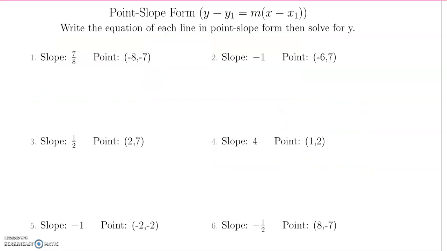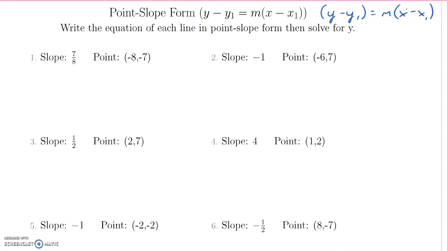Okay, so here we have a point slope form practice sheet, and of course they have the expression up here, very similar to what we had before. I don't like the way they have the brackets laid out in this one. I find it a little bit misleading. I'd rather write it something like this. I like to set my brackets more that way. I think that makes a little more sense to me visually. I don't like the double brackets on the right and only having the one bracket. I just like it this way instead, but it doesn't make that much difference.